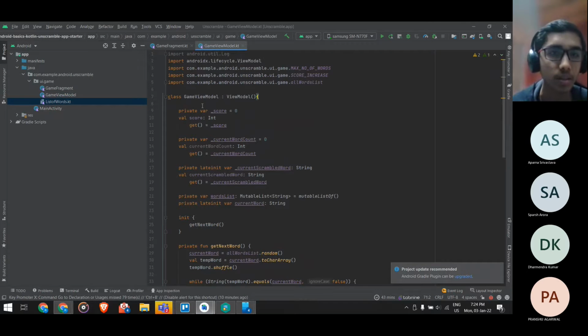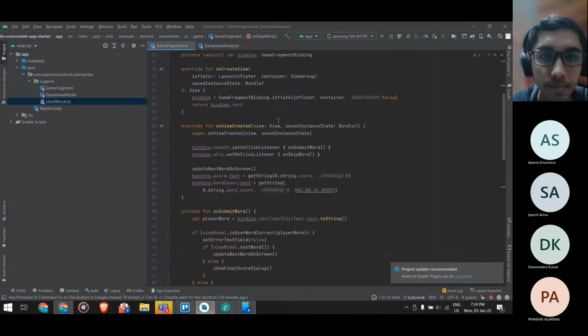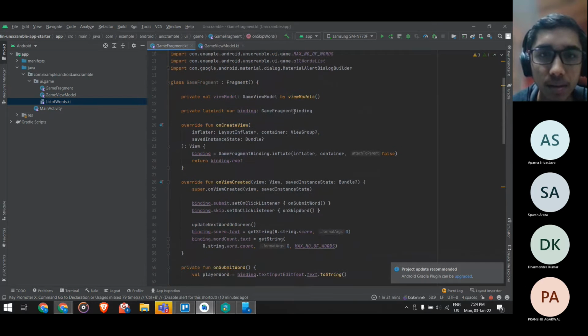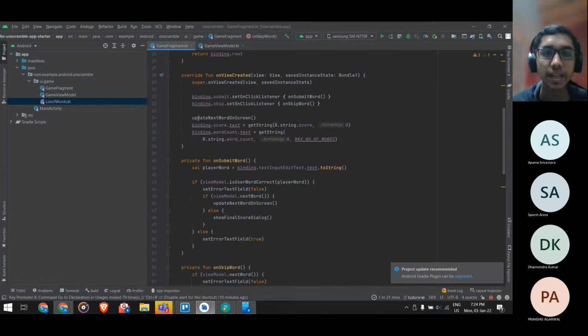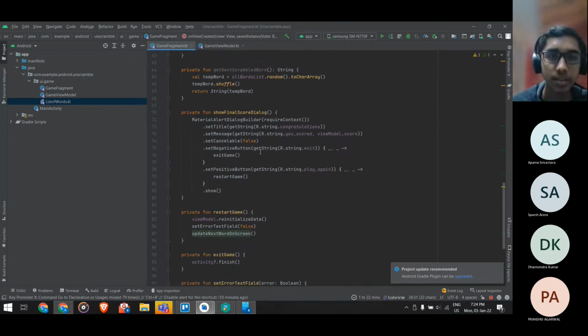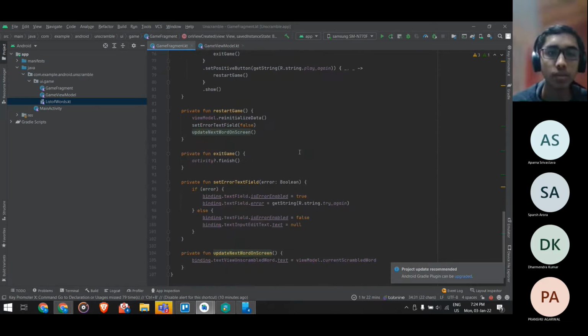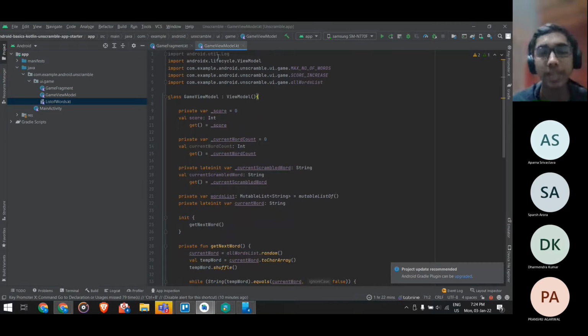Let me just move to the other one. We have our view model here. There are a few methods here. We set this text on the screen, and then we call this method, which invokes certain things in our view model. Let's check the view model first.